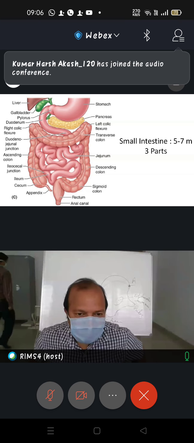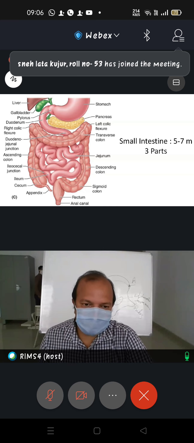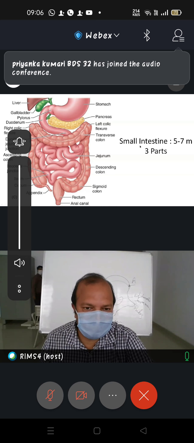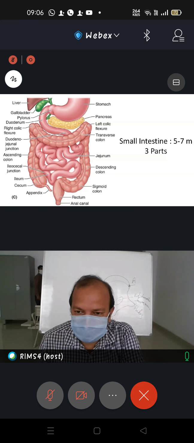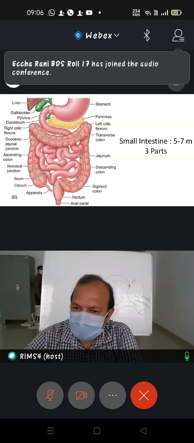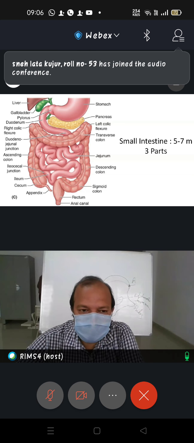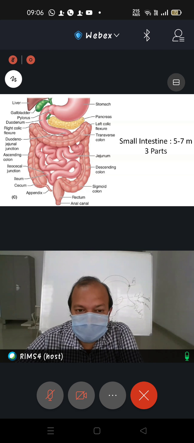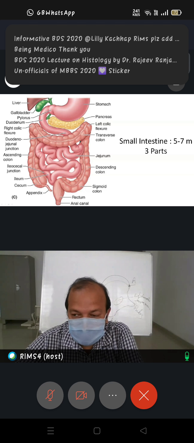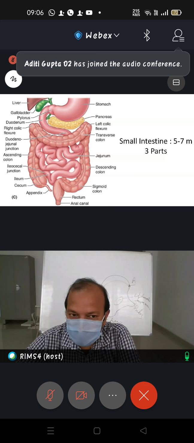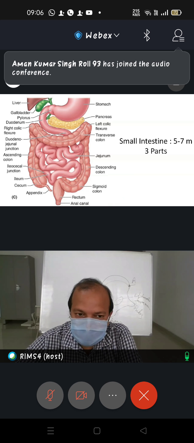Morning everyone. Now this is the continuation of histology of GIT. This class we are going to discuss a portion of the small intestine. This small intestine, as we know, is the largest portion of this GIT. It is 5 to 7 meters long, and the initial part